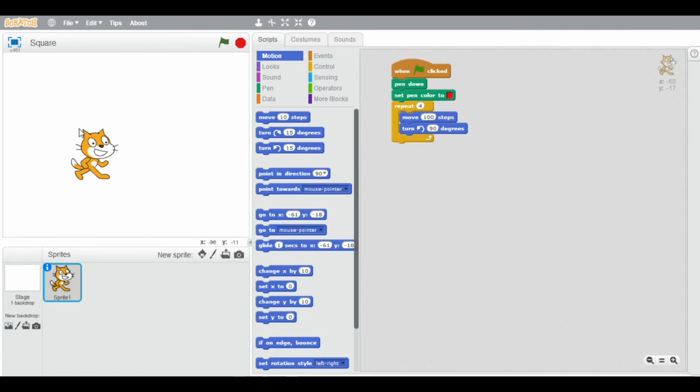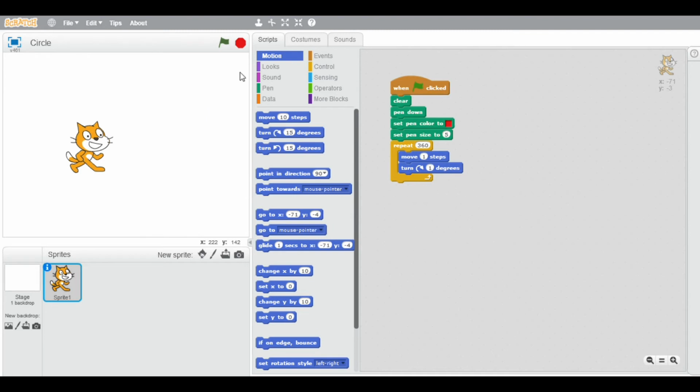So now we are going to create a square in Scratch. As I told before, you have to keep the number of sides in the repeat. There are 4 sides and 100 steps as it is. 360 divided by 4 gives 90 degrees. If you do the same thing, keeping pen down as always, you will get the same shape. This is just easy. Just remember it and you can create any polygon in Scratch.